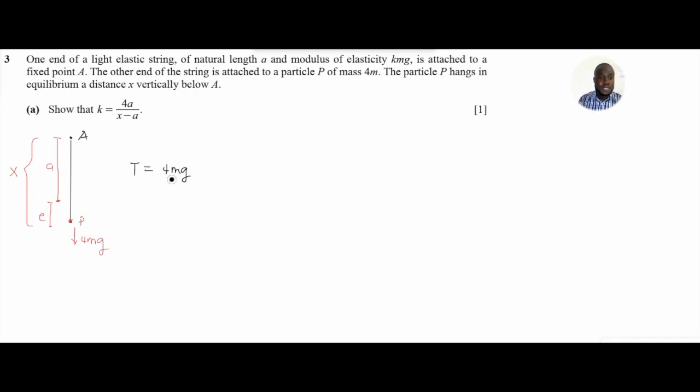Where it hangs in equilibrium, the net force acting on it should be 0. Now the tension in an elastic string should be equal to the modulus of elasticity, we are going to call lambda, multiplied by the extension, everything divided by the natural length. That means we have